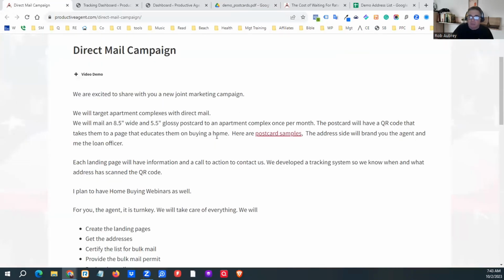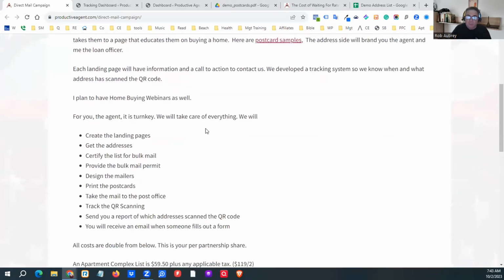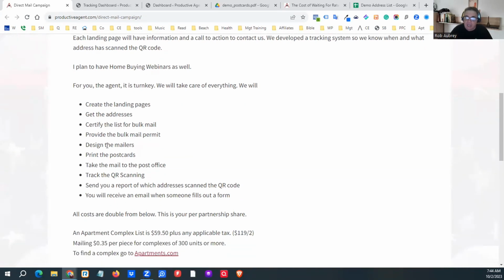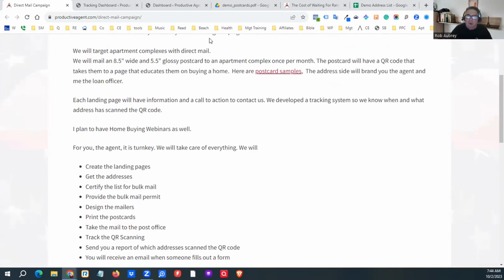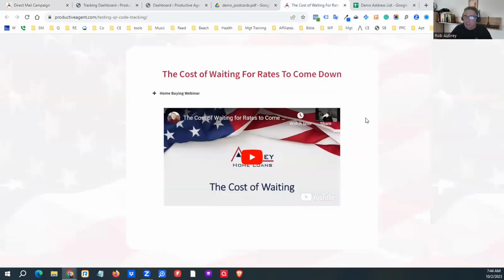But everything that comes with it is, I'll create the landing pages. I'll buy the addresses. Obviously, you're going to pay for them. If we're partnering together, you only pay for half. I'll provide the bulk mail permit. I'll design the mailers. The address side of the mailer would have, if you work with me or work with another loan officer, it doesn't matter, 2 other people, and then we'll go through that. And then I'll print the postcards, we'll mail them, we'll do the QR, track the QR scanning, we'll send you a report, the address is scanned, you'll receive an email, because part of that is, so on here's a